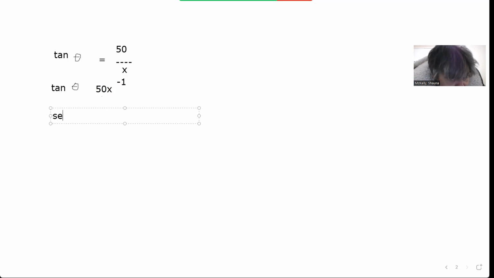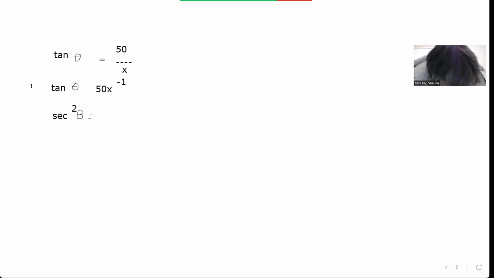Remember that the derivative of tangent is secant squared theta. Secant squared theta is equal to